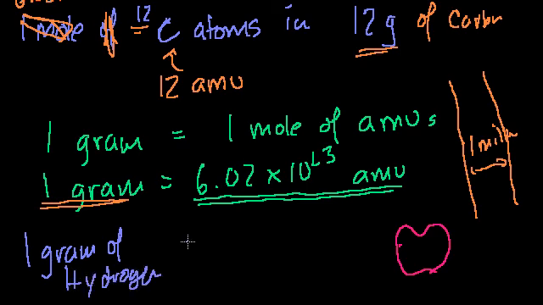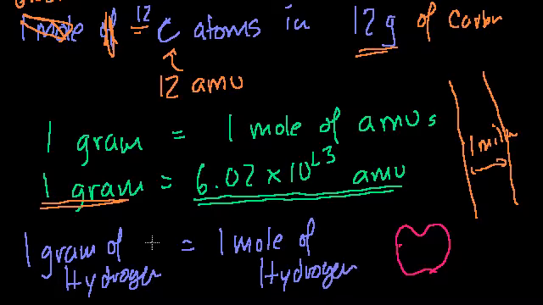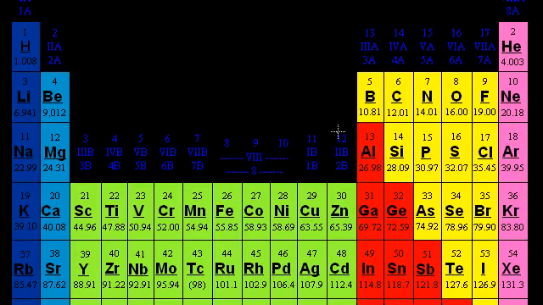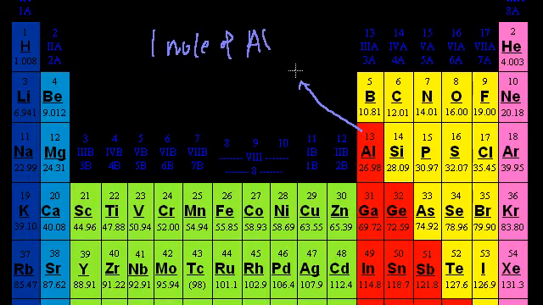If you have 1 gram of hydrogen, that means you have 1 mole of hydrogen. How do I know that? Because hydrogen's atomic mass number is 1. So in general, if you take any element, let me just pick 1 mole of aluminum. If I were to take 6.02 times 10 to the 23 aluminum atoms, what is the mass of that collection? Well, each of them has an atomic mass number of 13, right? So it's 13 AMUs